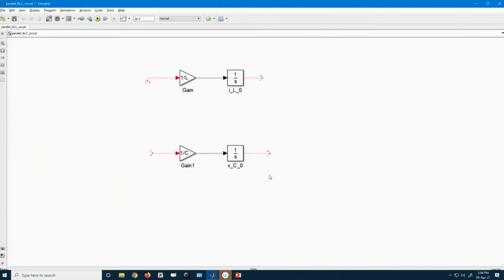Okay. Now, what is our next task? What is the inductor voltage VL? If you look at VL for this particular example, VL is Vin minus IL RL minus V0. Okay.